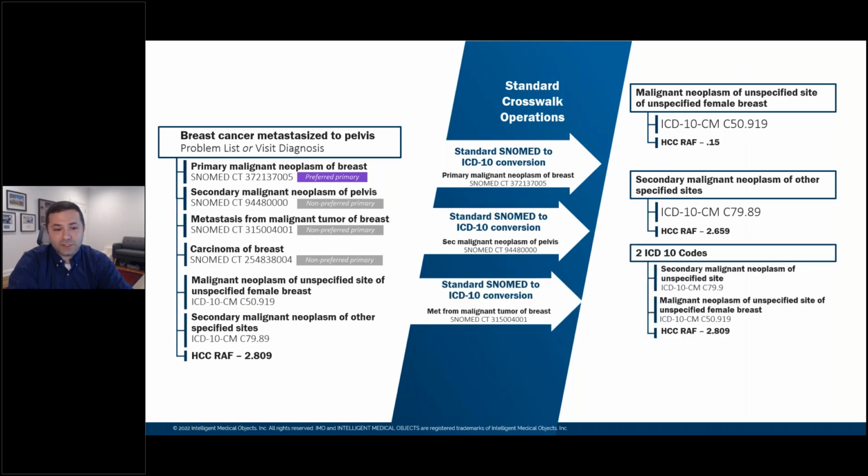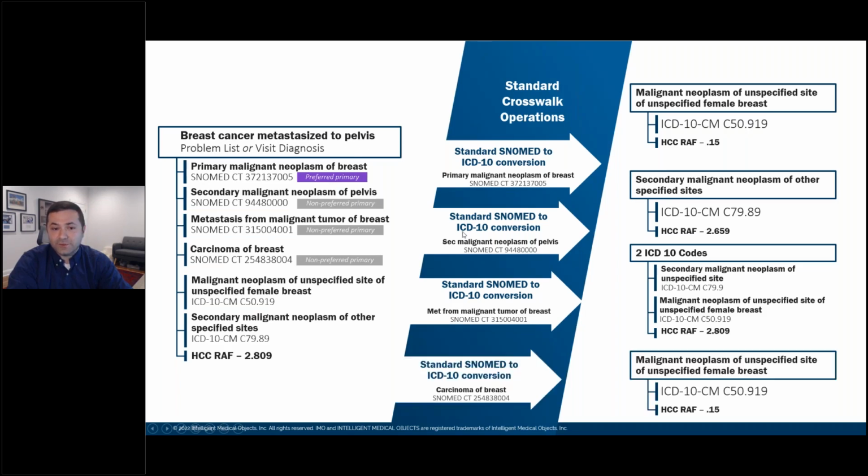The closest that you might get to, in this case, might be the metastases of malignant tumor of the breast SNOMED code to an ICD-10 code grouping. And you might get close to the RAF score pivot, but it is not the exact representation of a specified metastases ICD-10 code. The only way to get to that is if you take the context of the description. And if you go to the last SNOMED code crosswalk, you're definitely not getting that risk insight either as well.